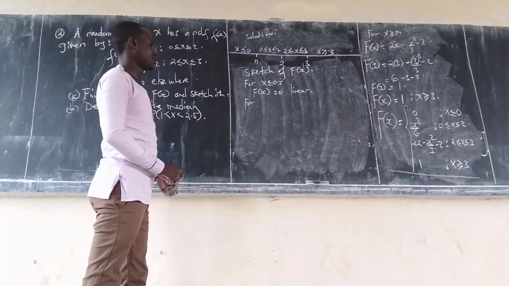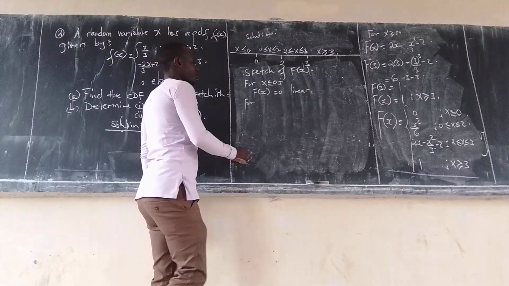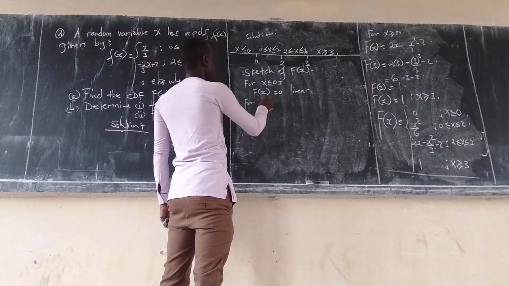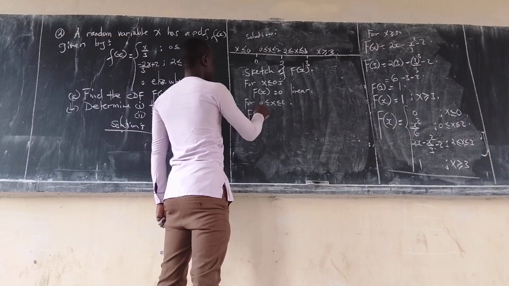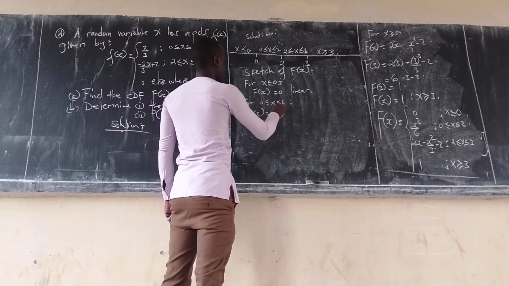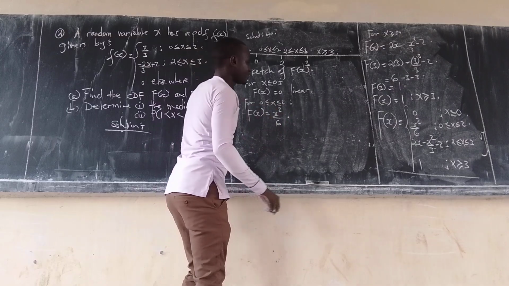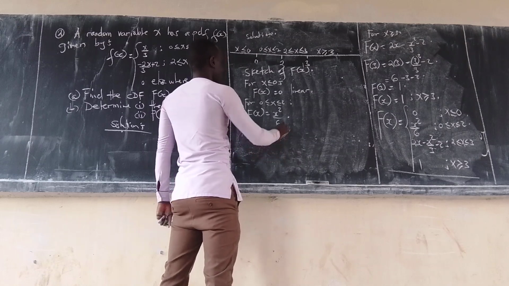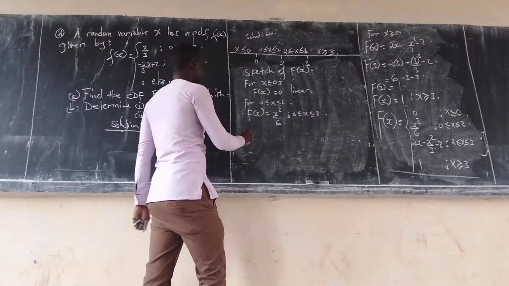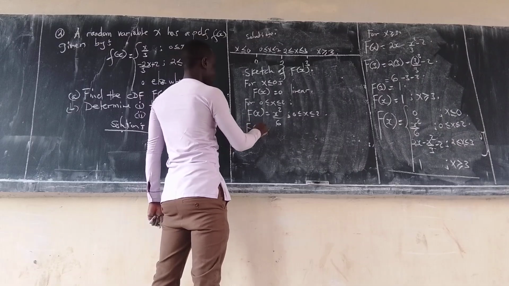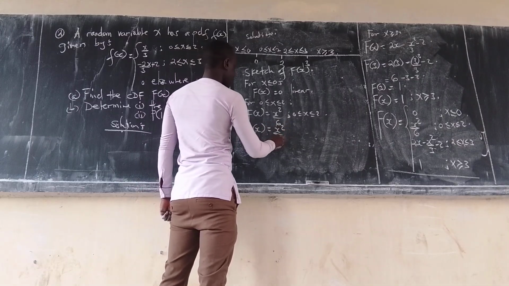that x coordinate 0. So for 0 less than or equal to x less than or equal to 2, our capital F of x is equal to x squared over 6. So this is when x runs from 0 to 2. Now our capital F of x is equal to x squared over 6